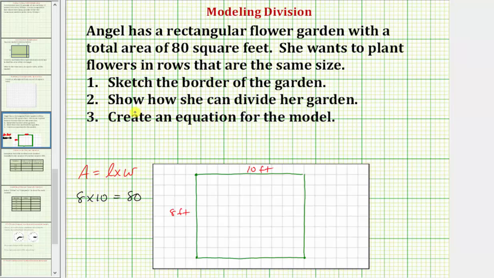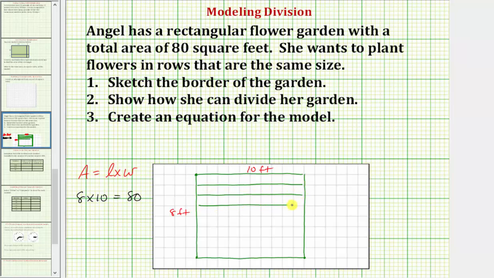Now for number 2, we're asked to show how she can divide her garden into rows of the same size. So we first need to decide whether we want to divide the garden horizontally or vertically. Let's go ahead and divide it horizontally, and again the rows can be any width as long as each row is the same size. So maybe the most obvious way would be to make each row a width of 1 foot like this,